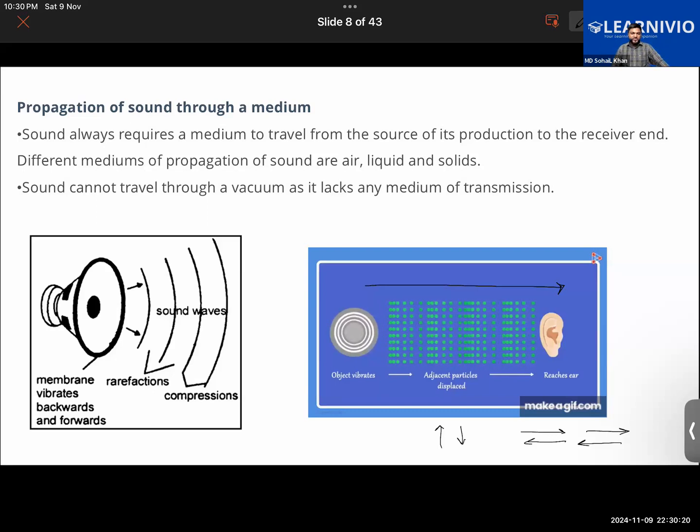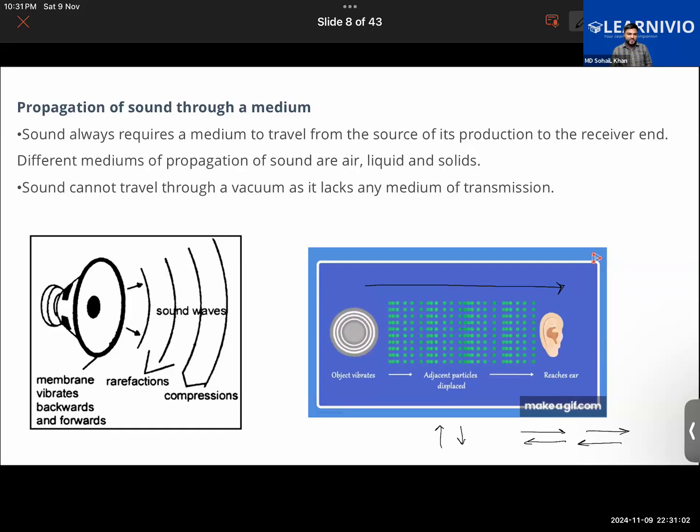Those devices use radio waves, because radio waves can travel in a vacuum also. With the help of radio waves, they are able to communicate with each other. The special devices fitted in their headsets convert the radio waves into sound. So sound cannot travel in a vacuum as there are no particles. Since no particles will be vibrating, how can sound be heard, and how can it travel? It requires particles, and due to the vibration of the particles only, sound can be transmitted from one place to another.